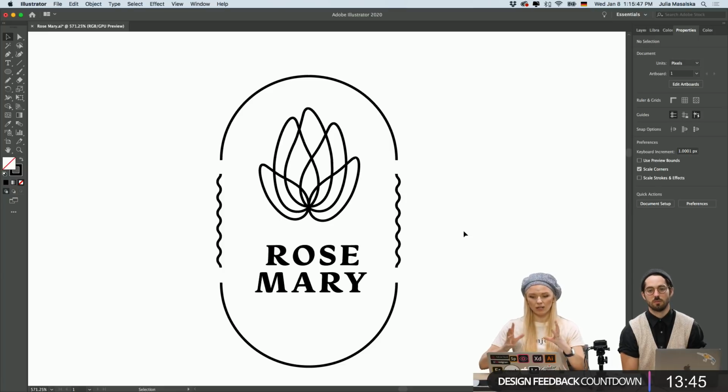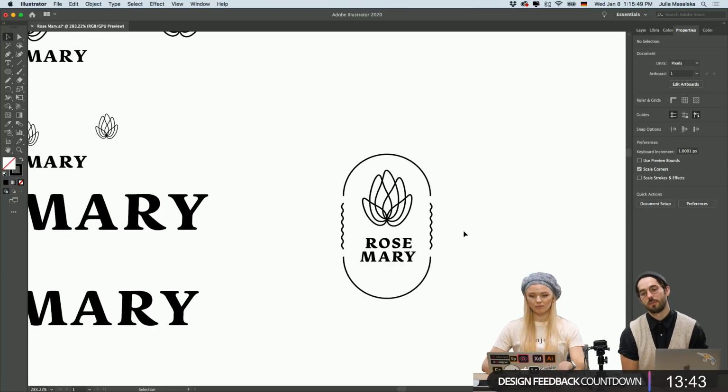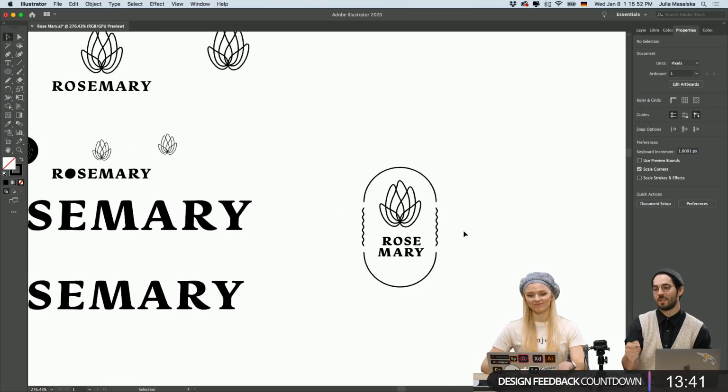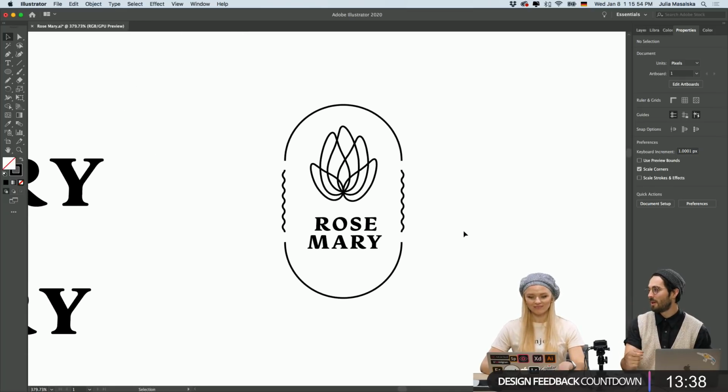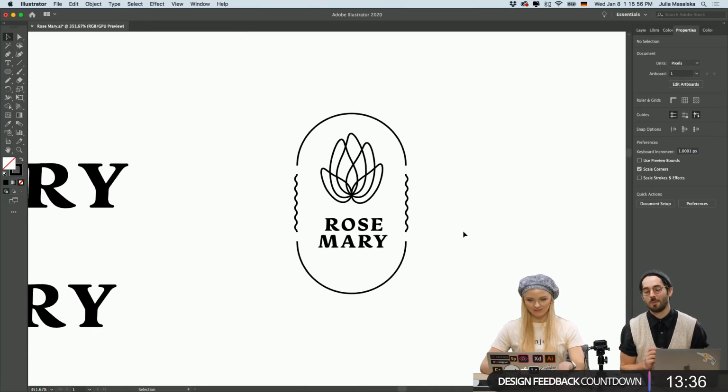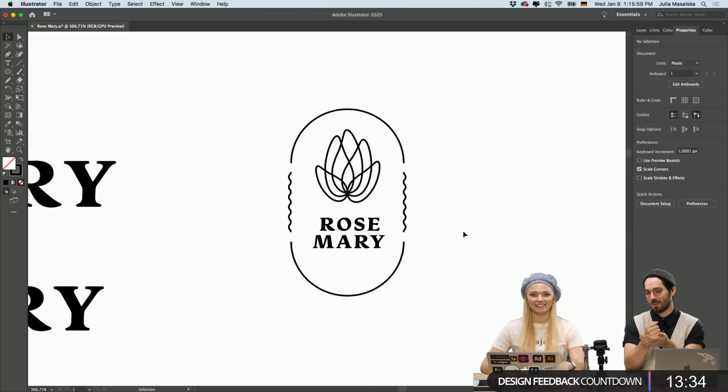So it kind of connects a little bit, but not quite. I can picture that as actually being like a stamp. You'd put it on a piece of paper, or if you ordered flowers from Rosemary and you had a card with it, there'd be a stamp on the envelope or something.